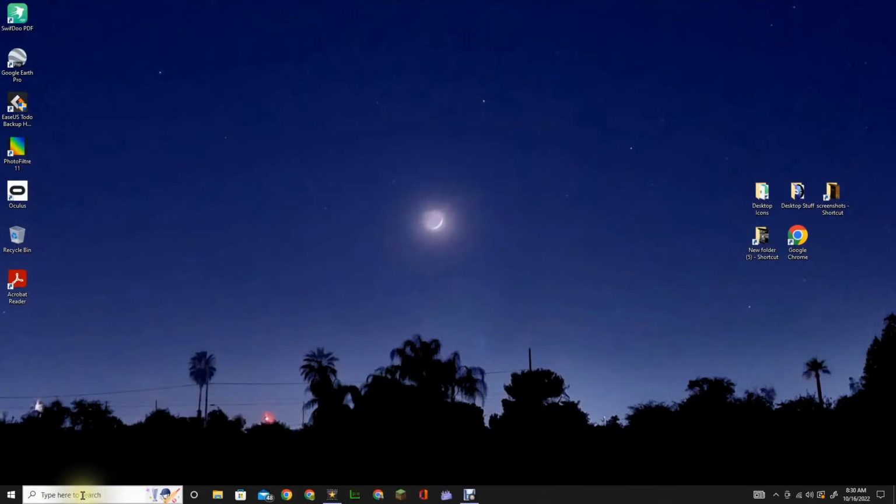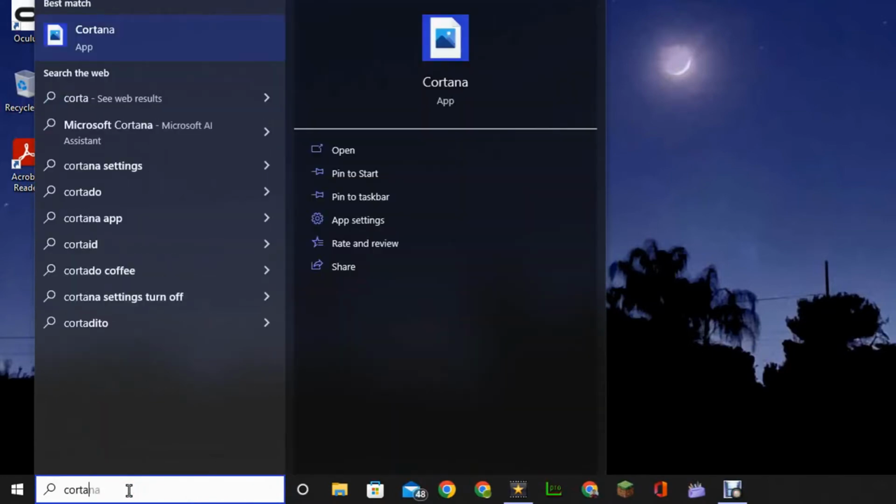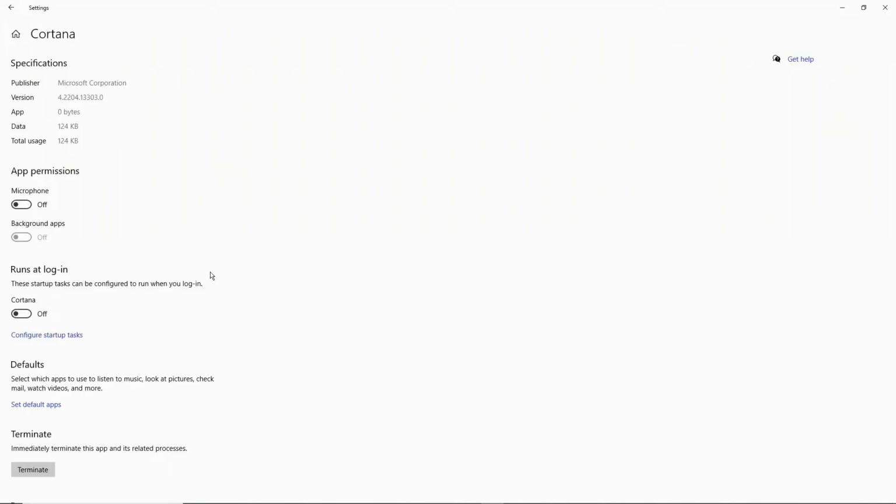Next, we're going to be working with the Cortana app settings. So at the very bottom, type in Cortana, and you notice it says Cortana at the top. This time we're going to go into the app settings over on the right hand side. So go ahead and click on app settings for Cortana, and it comes up. Make sure all of these are turned off. So your microphone or any other things that you have like runs at the login or any of the other settings, everything should be turned off.